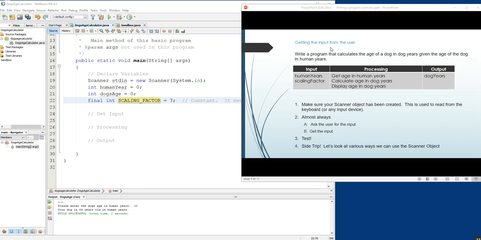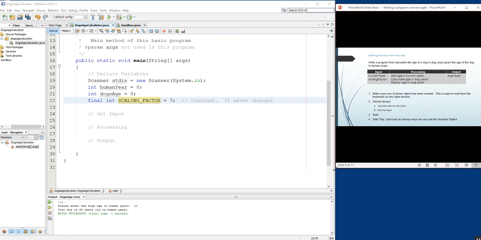So getting the input from the user, again, here's our program and our IPO chart. We want to make sure your scanner object's been created. This is used to read from the keyboard, or any input device for that matter, but for right now we're reading from the keyboard. Always, or almost always, you want to ask the user for input, and then you want to get the input, and then you want to test. And then we'll take our side trip. This one's pretty straightforward. So get input, it's always ask and then get. So we always do